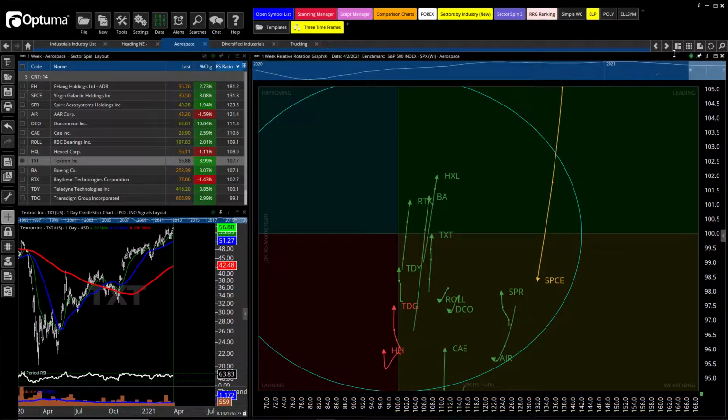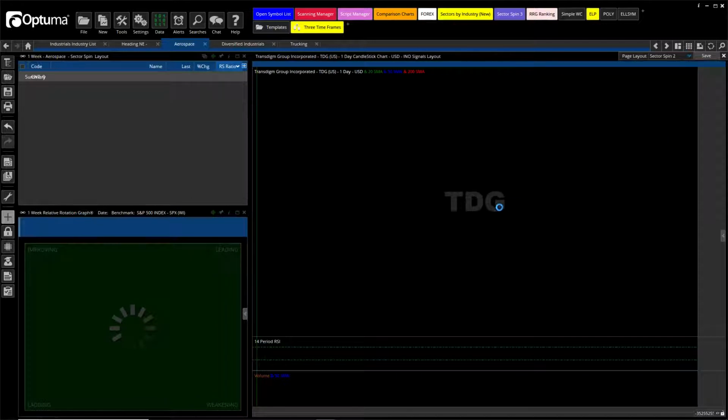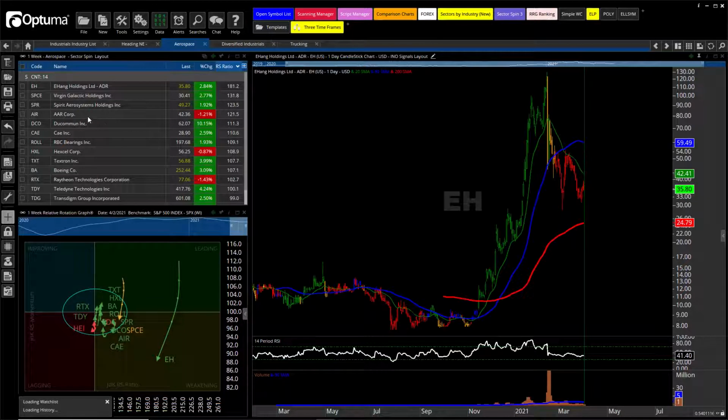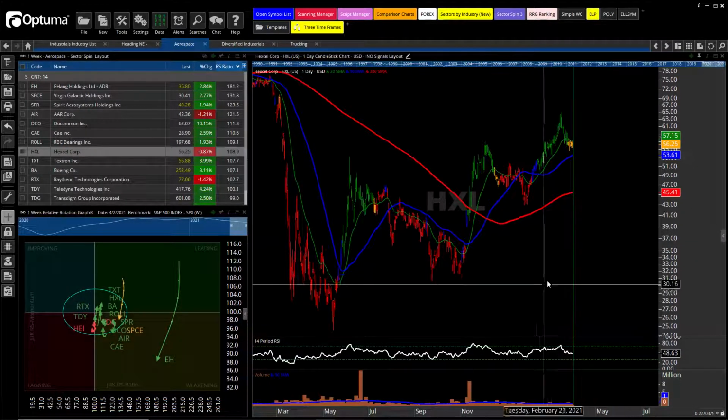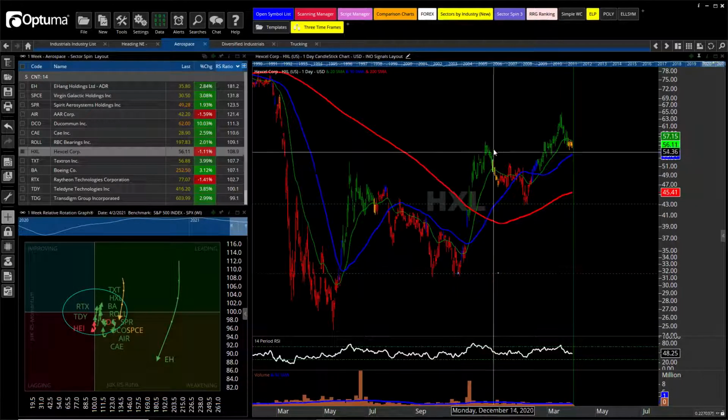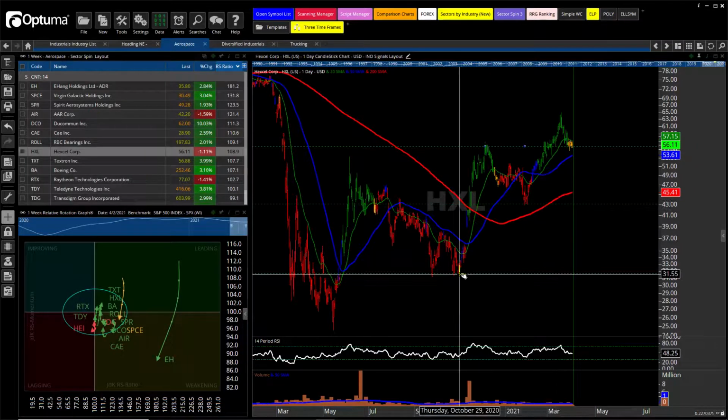Also, I tell you what, I can switch this layout to put the price over here on the right and give you a little bit bigger table. There we go. Let's do that. So let's go back and say, here is Hexcel. And I usually like to put some support and resistance zones on here and give myself a trend line